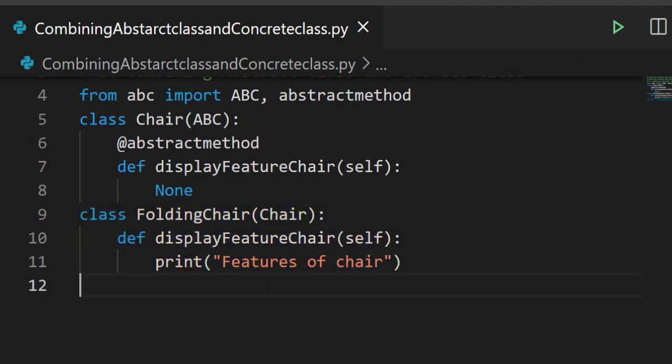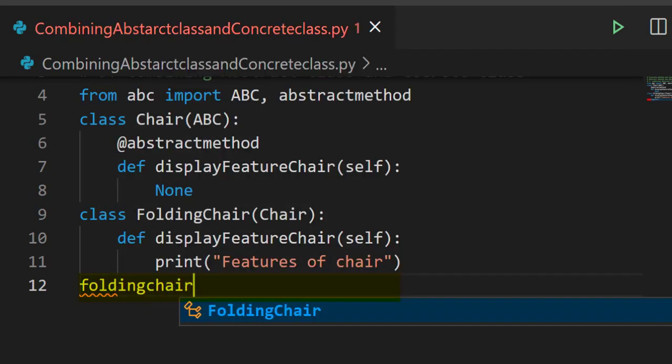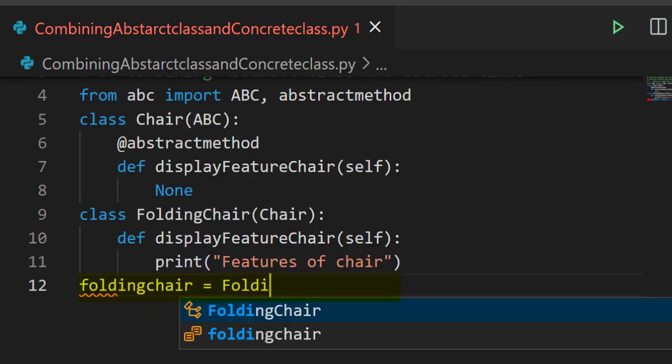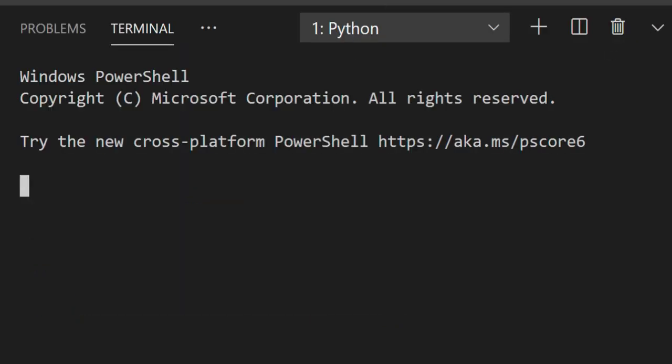Then create an object for this concrete class, that is folding chair = FoldingChair(). Through this object, call the method, that is folding chair.display feature chair, and run this code.